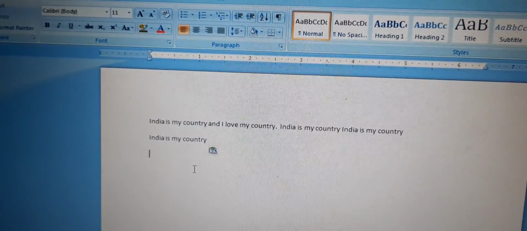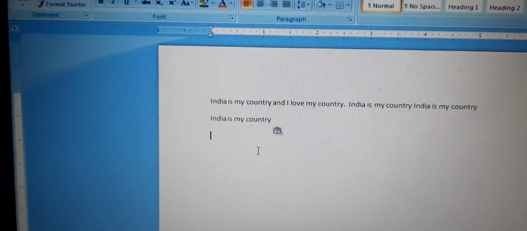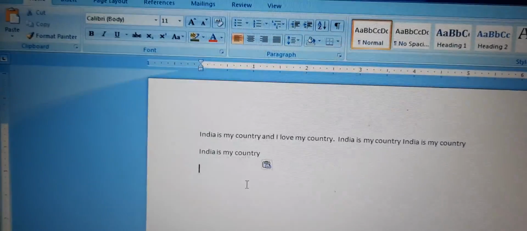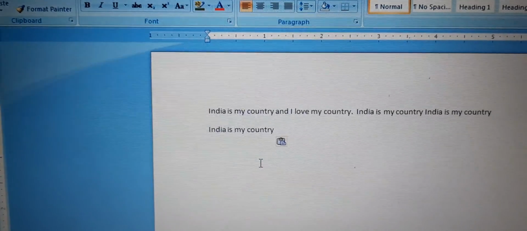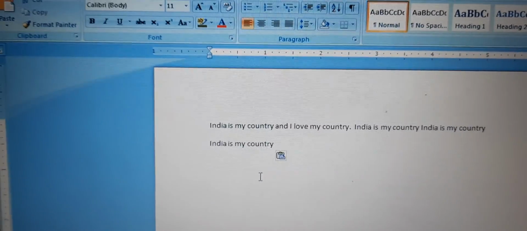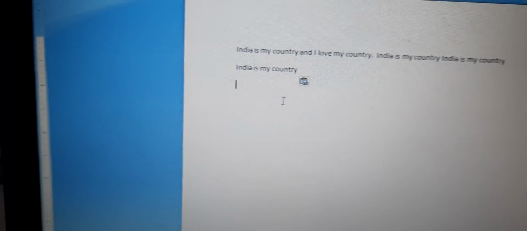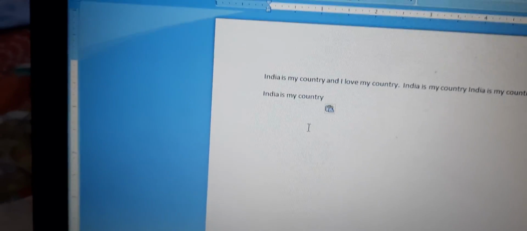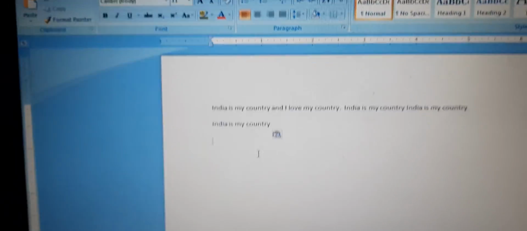This way you can cut, copy and paste the text whatever you want to do. So copy is simple copying, and for cutting you say that you are moving the text. Okay children, this was till page number 36.